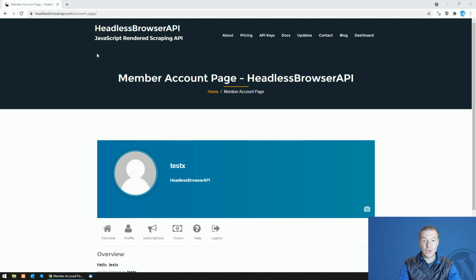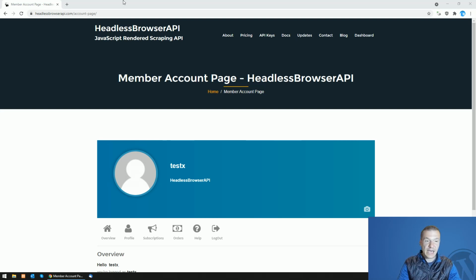So many of you asked me to create a dashboard section for the Headless Browser API website because it lacked this feature. If you haven't heard of Headless Browser API, it is a scraper API which will also render JavaScript on pages that you scrape, and it will return the HTML with JavaScript rendered content added to it. Also, it is able to make screenshots or PDF screenshots or many other features. So go ahead and check it if you haven't heard of it.